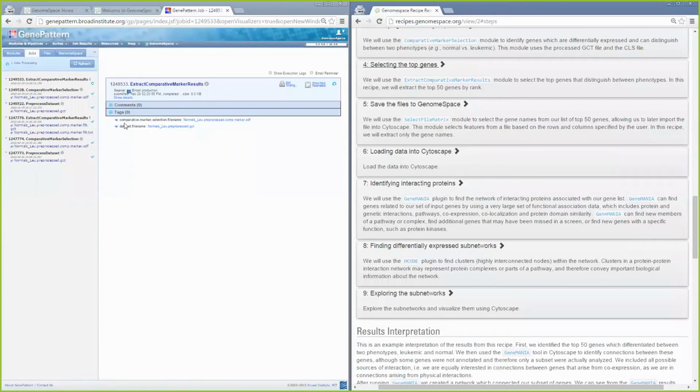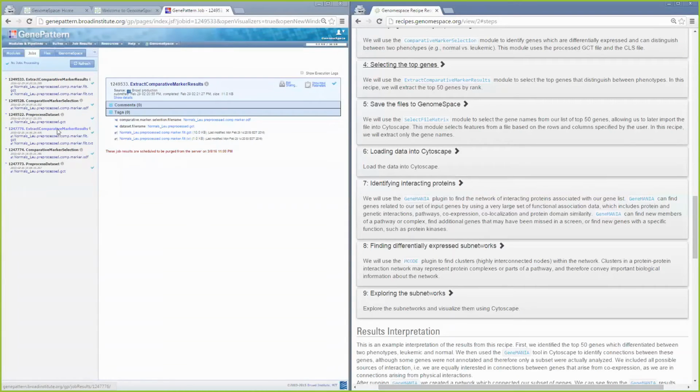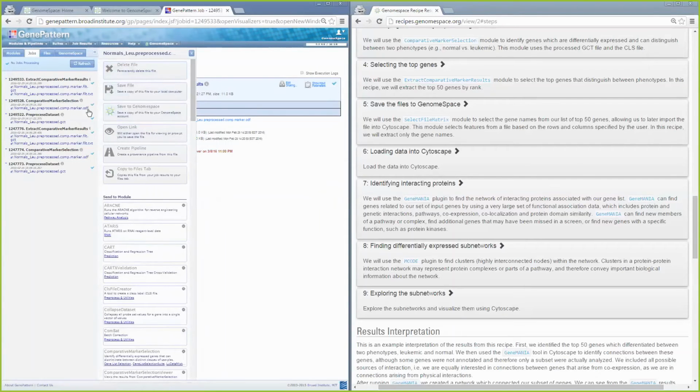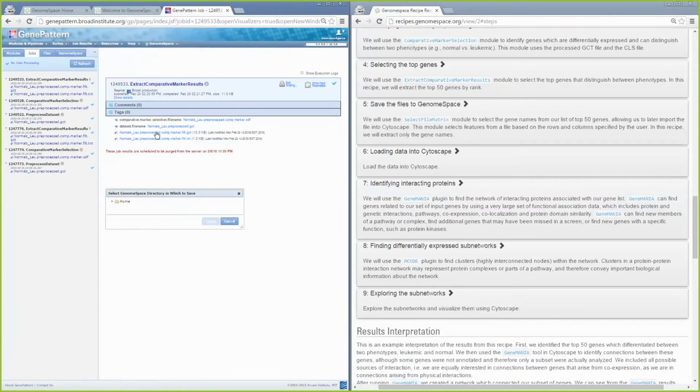So we already have one of these output files. This is that same job that we ran earlier, and we will eventually get a normals_lu.preprocessed.comp.marker.built.gct file. So here's our new one. You can click on that file, the GCT file. A menu will slide out, and you can click on Save to GenomeSpace.